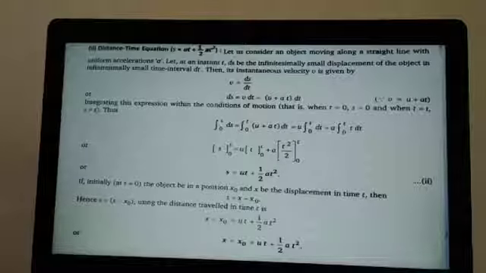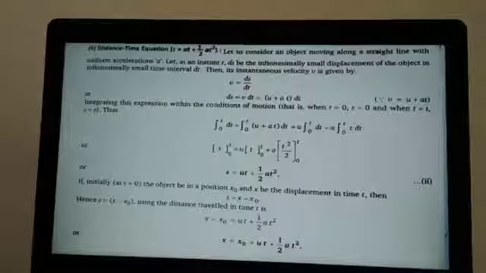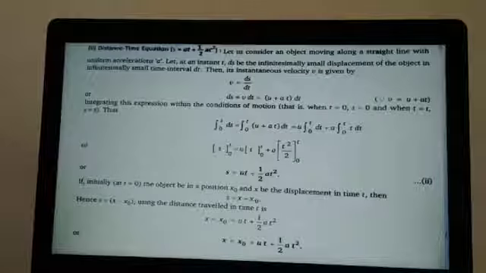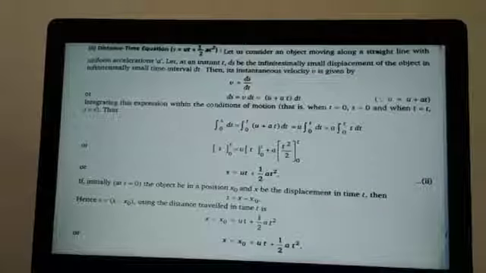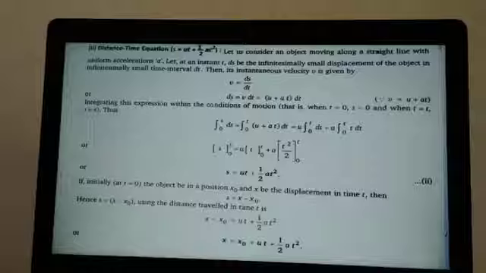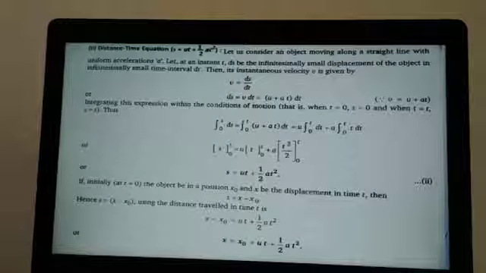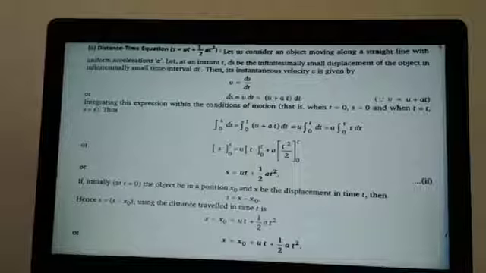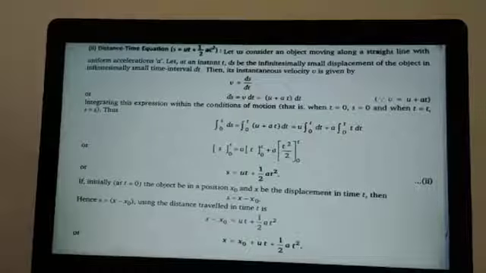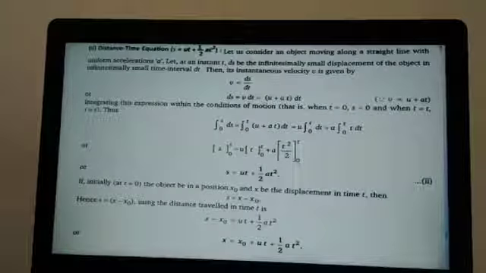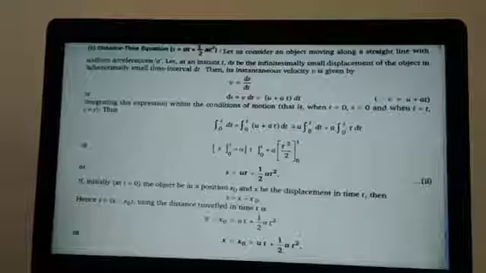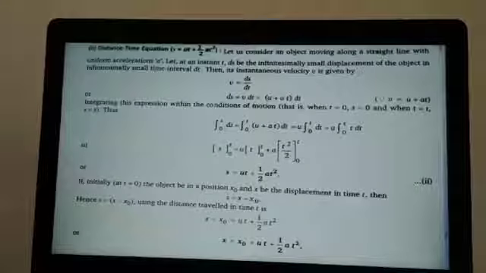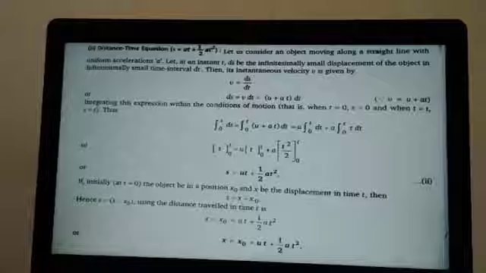Okay, then on the left hand side you have to apply the limit s minus 0. S minus 0 will remain as s equal to u into t minus 0. T minus 0 will again remain as t plus a into t square by 2 minus 0 square by 2, which is a variable there t, and the t gets value upper limit means t square by 2 minus 0 square by 2. Again that will become t square by 2. So left hand side will become simply s, right hand side first term will become ut plus half into a t square. What is that? That is your second equation of motion.